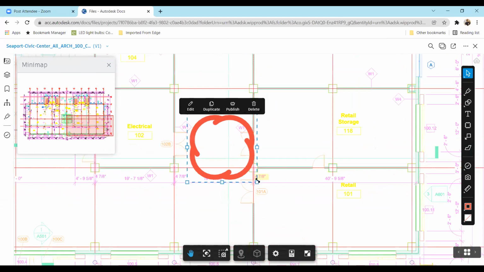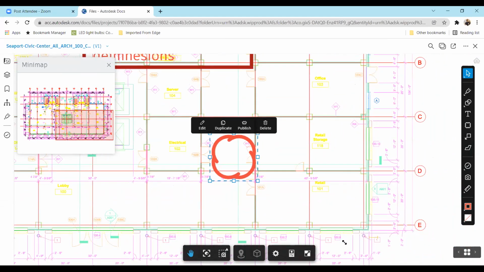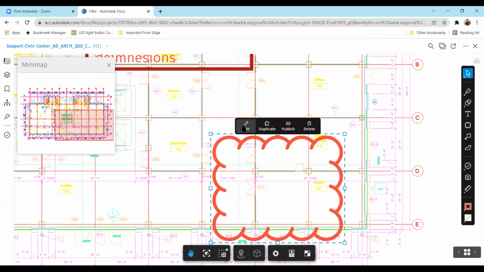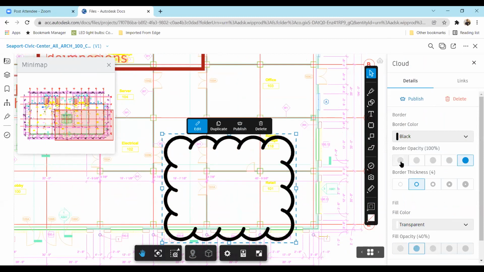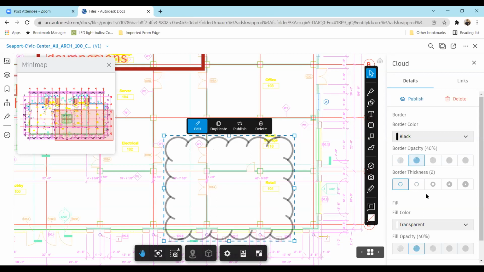So scrolling out, maybe this is the area of concern, right? I can edit this cloud as well. I can choose whether I want a black color, red color, any other color, whether I want an opacity more, less, whether I want the border thickness as less, whether the fill is there or not. And then I can add some links and references. And then I can just say publish. Once it is published, then this will be available for Pallavi also, and all the other project members who have access to this file, they will be able to do it.